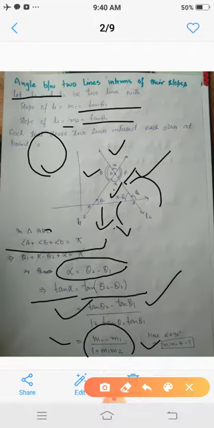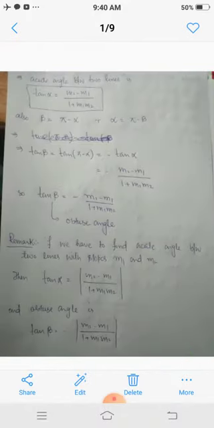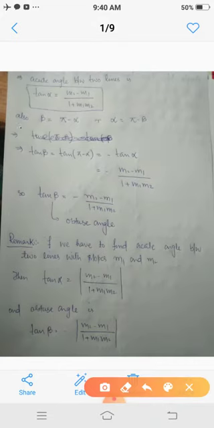Now how to find the obtuse angle between two lines? Now beta is obtuse and its measure is pi minus alpha, because a straight angle is pi, or simply we can say that the sum of a linear pair of angles is 180. Which implies that beta equals pi minus alpha, or tan of beta equals tan of pi minus alpha, which is minus tan alpha,